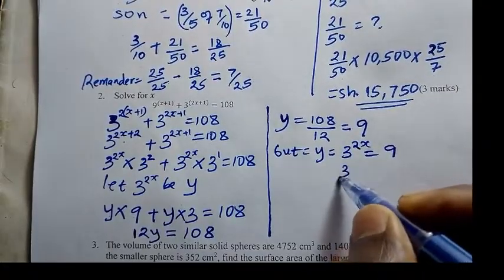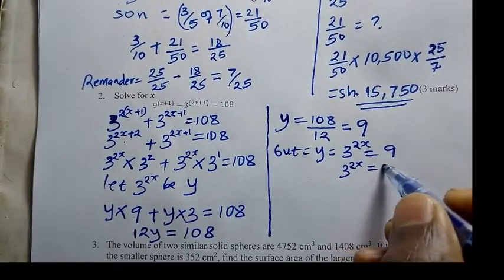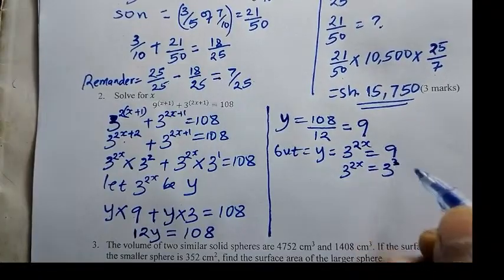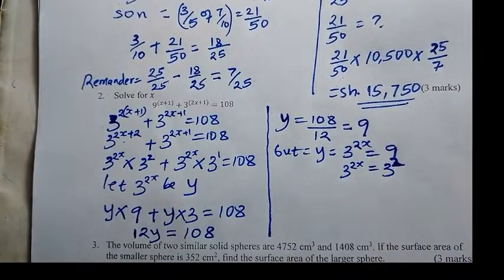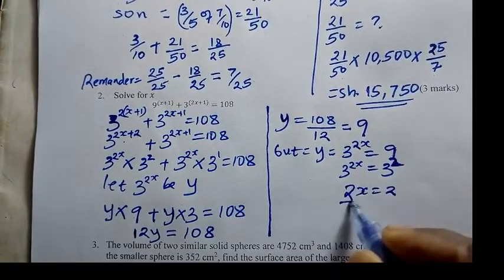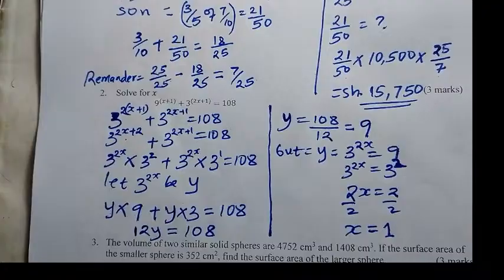So 3 2x will be equal to 3 raised to power 3. Now the bases are this, sorry, raised to power 2. 9 is equal to 3 raised to power 2. You divide it by 2, divide by